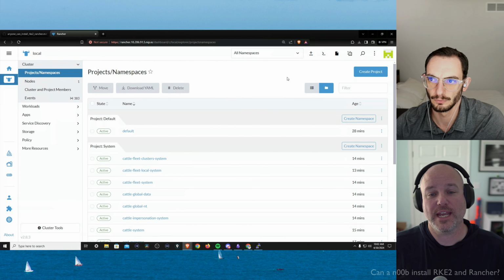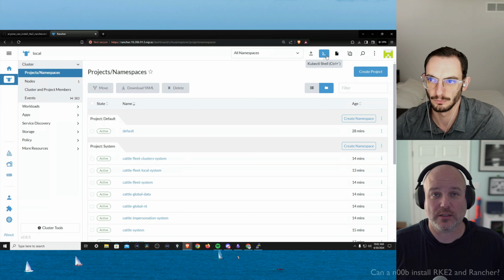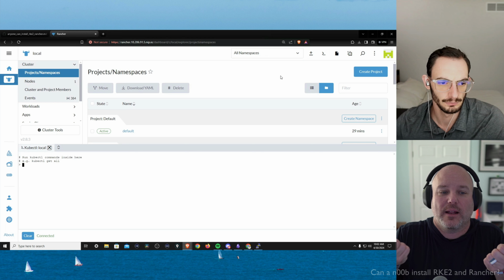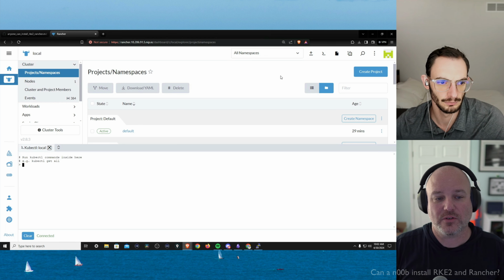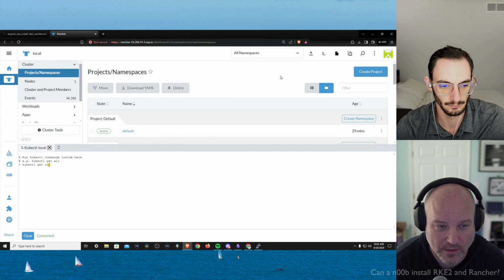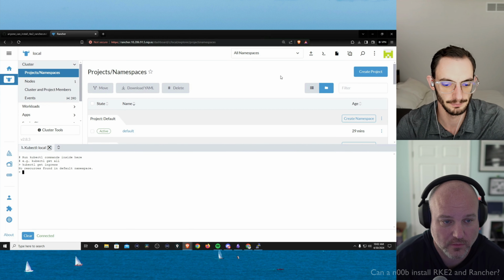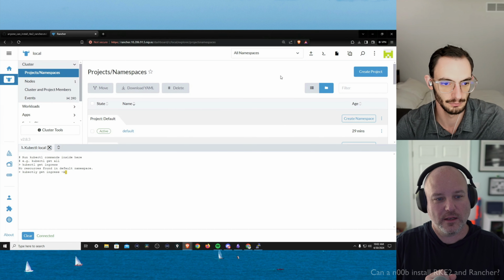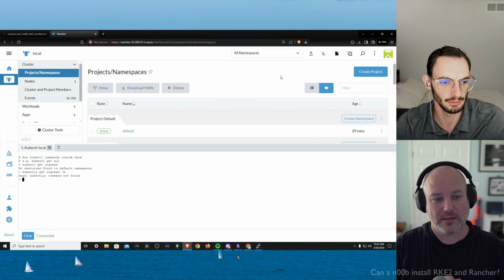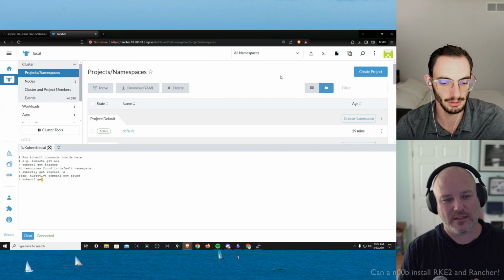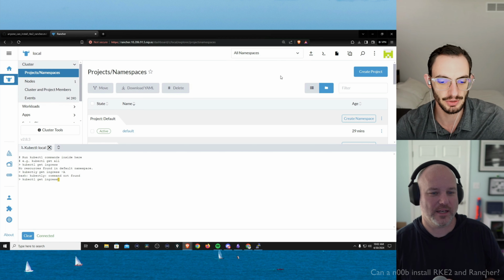Let's go to the next, and it says kubectl shell. Go ahead and click that. See how it opened the window at the bottom? It's actually creating a pod that has kubectl access to the cluster. So if you typed in kubectl get ingress, because we know we've got one line out of that, and dash capital A. That seems to be my favorite little add-on there. Kubectl get ingress, capital A.